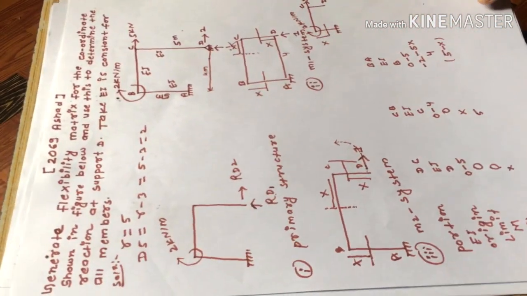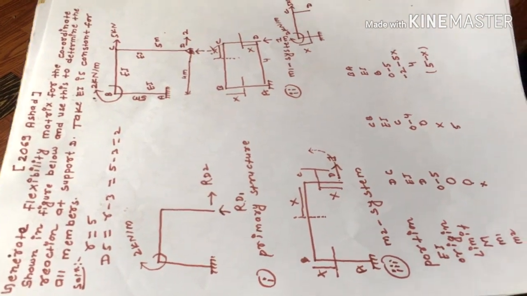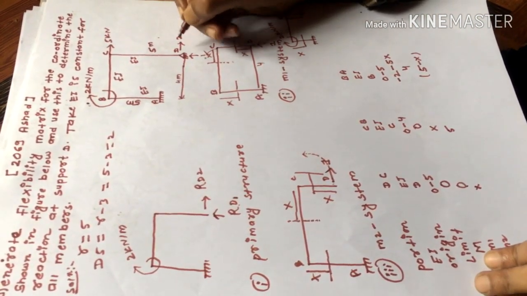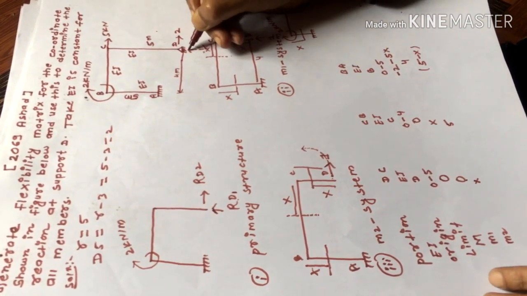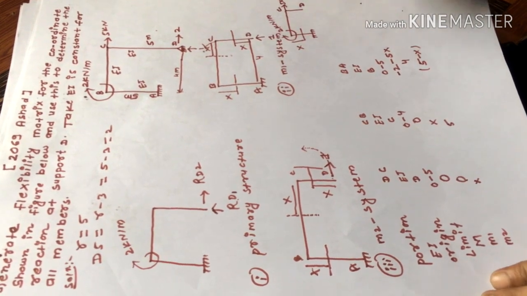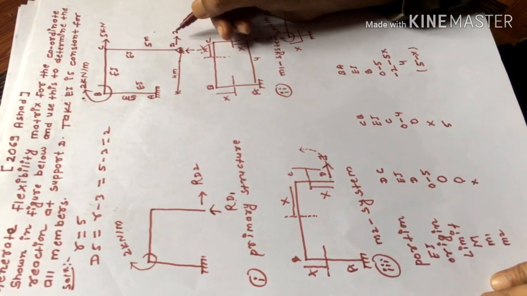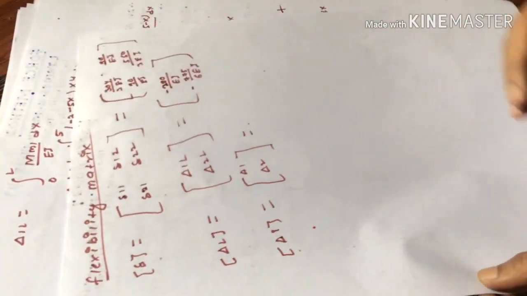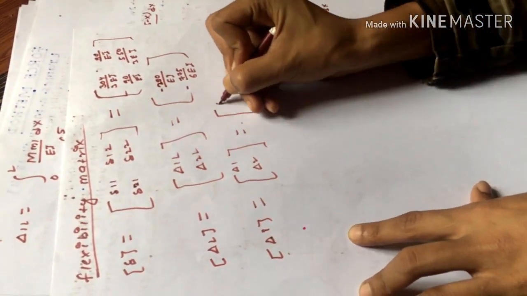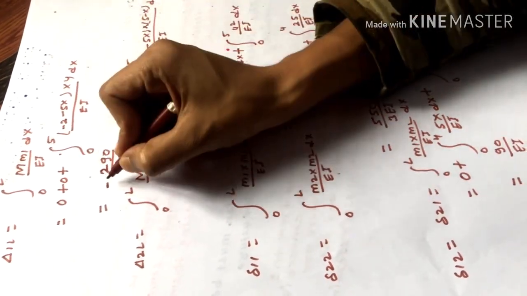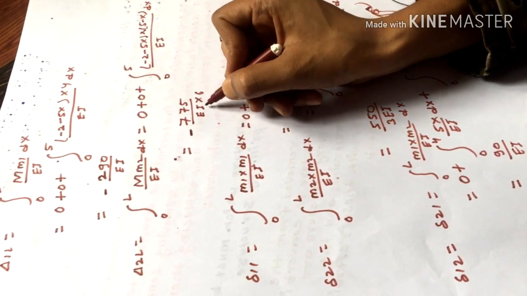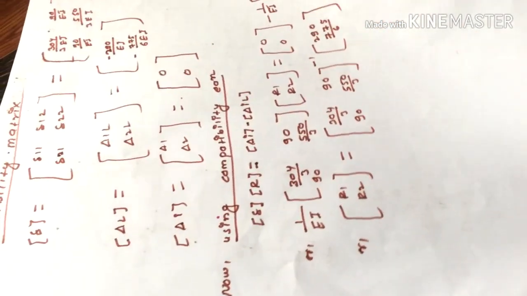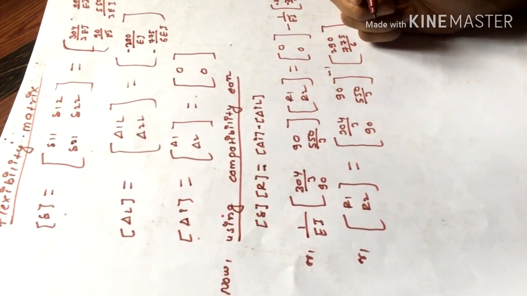In the figure we can see at point D there is a hinge support, so deflection in the vertical direction is resisted by the vertical reaction at that point, and horizontal deflection is resisted by the horizontal reaction at that point. So Δ1 and Δ2 become 0. Finally, here ΔL1 is equal to minus 290 by EI and ΔL2 is equal to minus 775 by 6EI. So now let us use the compatibility equation.